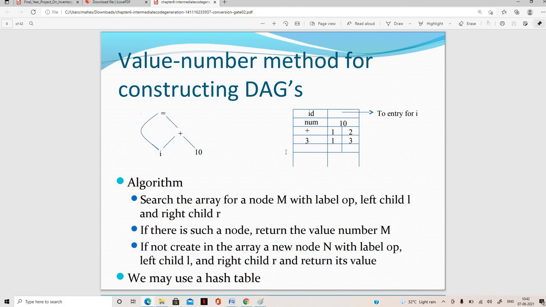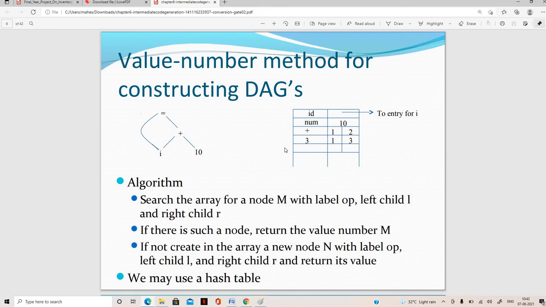In each record, the first field is an operation code indicating the label of the node, which holds the lexical value, whatever it may be.